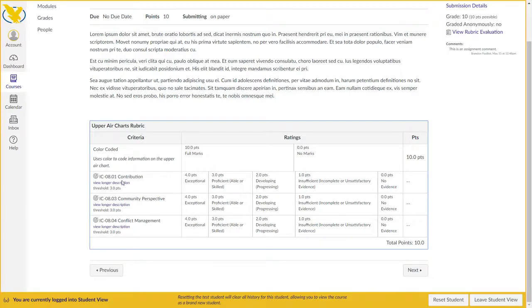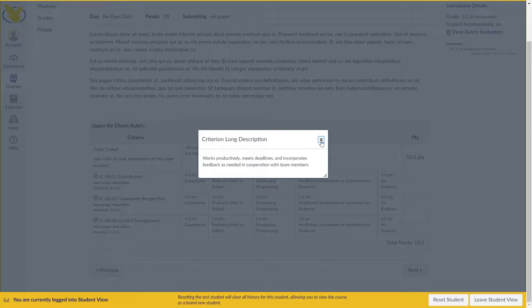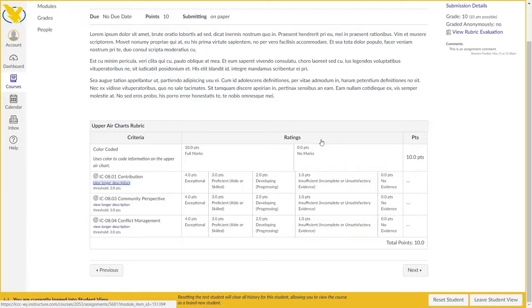I don't understand what that means. I can view that description. I still don't get what that means. I can easily contact my instructor and ask what that means if need be. But I can also see that they do not contribute. Check out this right-hand column here. Those do not contribute to my grade. So it's easy to assess from the instructor view, easy to see on the student view,